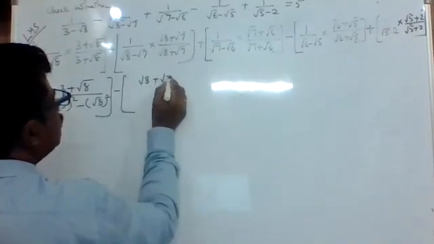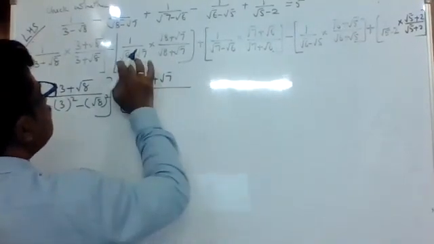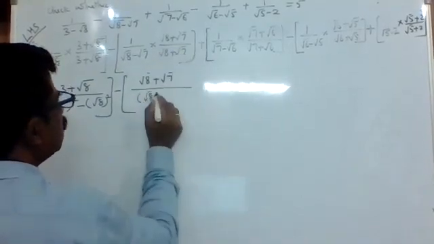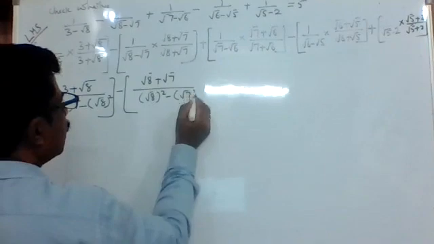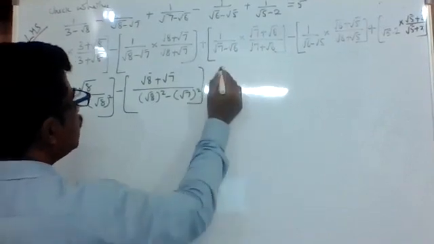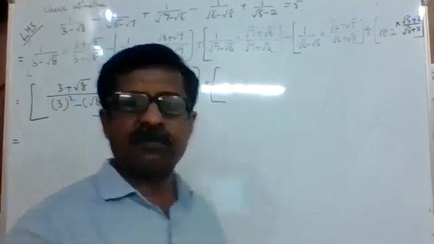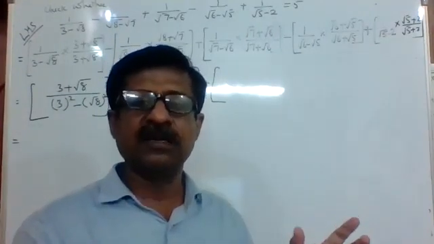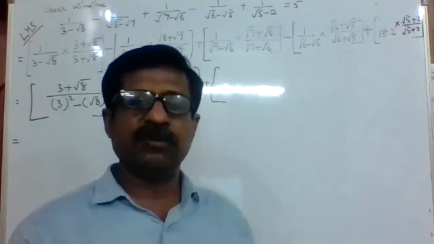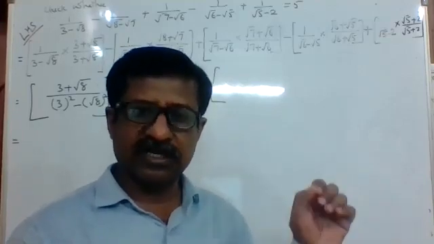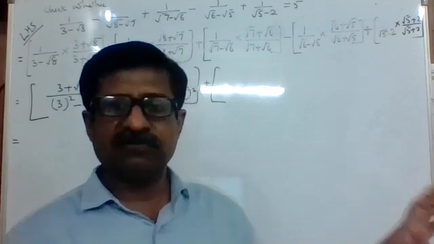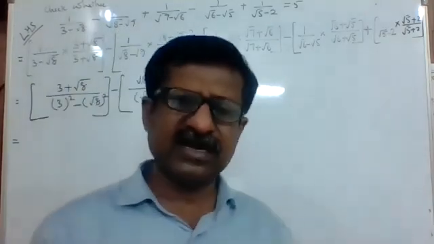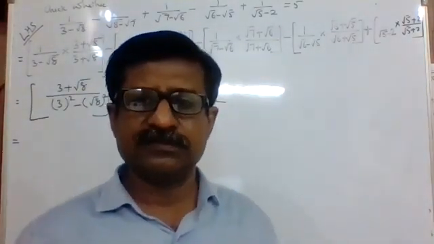This is root 8 plus root 7 upon. This is in the form of a minus b, a plus b. The procedure is same, a square minus b square. Almost in every question, you are going to get the denominator in the form of a square minus b square, because normally we get the denominator in the form of a plus b into a minus b. We get the binomial. Binomials conjugate when you multiply, then usually we get a square minus b square. Very rarely do we get a monomial.